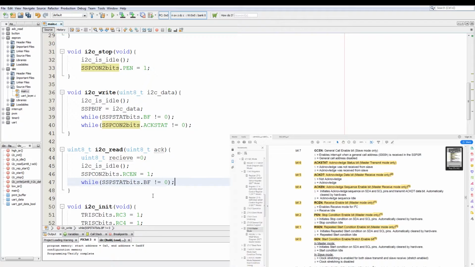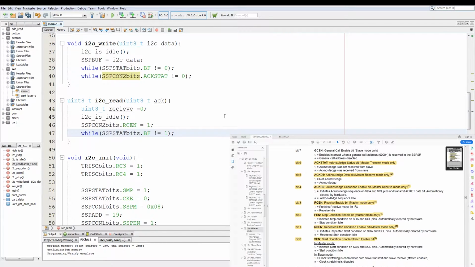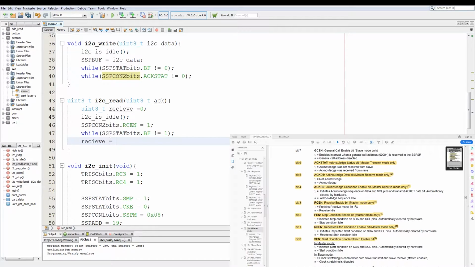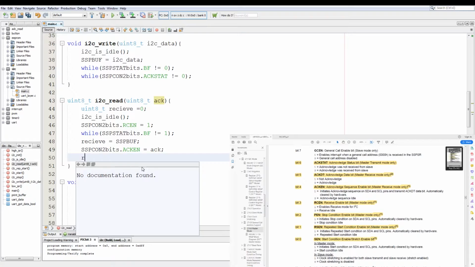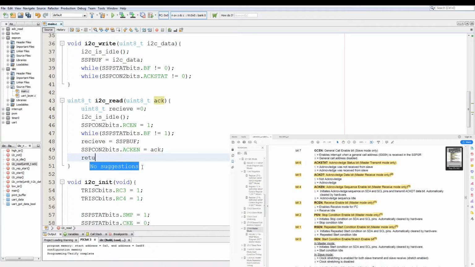And we add a check for our buffer until it is full with the BF bit. And we say receive equals SSPBUF, which will now be holding our data. And we say SSP2CON2 bits ACKEN is equal to acknowledge, well, ACK. And then we return receive.